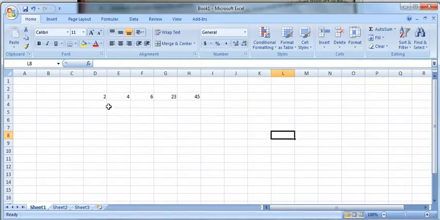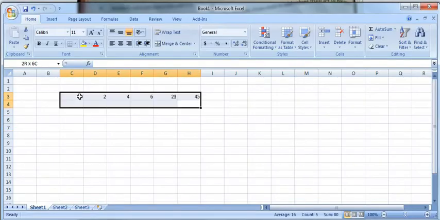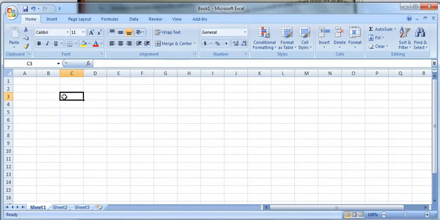Now what are the types of cell references? Relative references, I told you when we were studying this chapter, whenever we copy, suppose, let me show you again. Here let me write 23, 34, 12, 45, 98, 34.